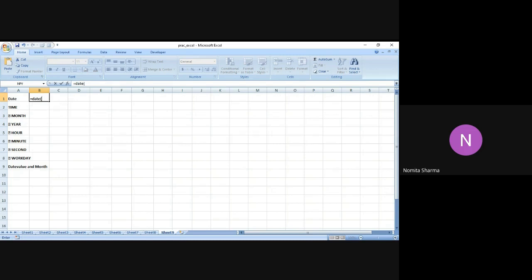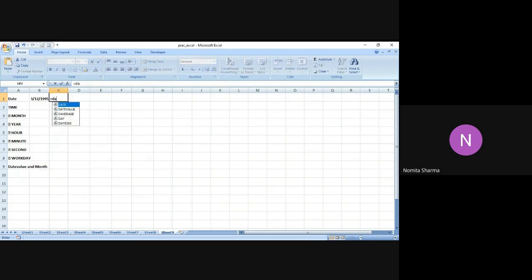It says year, comma, let me write the year over here. Randomly I put any year, comma, month, let me put the number, and let me put the date as well, and then I close the bracket and let's see what I get. So it has given me the answer in the date format, that is 3rd oblique 12 by 95.